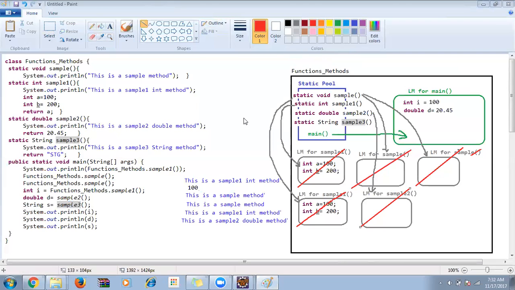Hi, Satish. Now, can you explain the next step? String s is equal to sample 3. Can you tell me what will happen now? It will create a string s in the main memory. Yes, a variable string s will be created. Awesome. And then since it's sample 3,